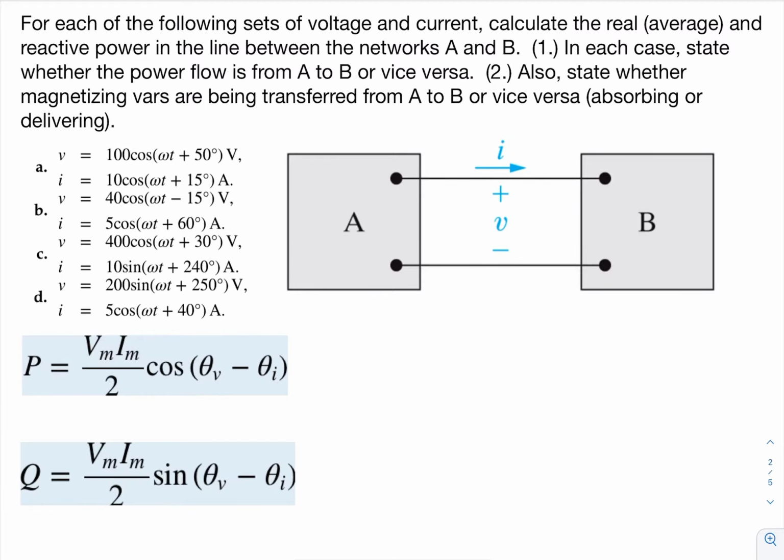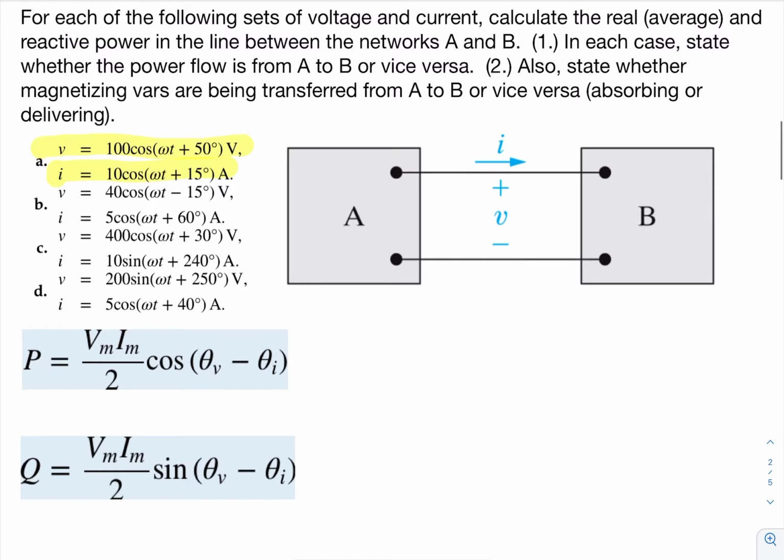Okay, let's take a look at part A here. Our current is going into box B, and our voltage is plus minus. So it's as though we're really just looking at terminal B. But we want to know what direction things are going to. So, okay, let's start with